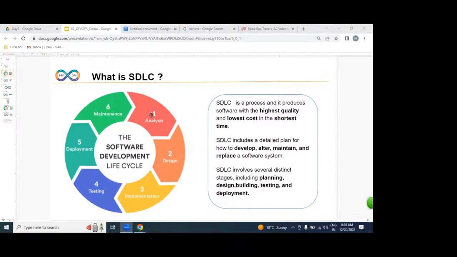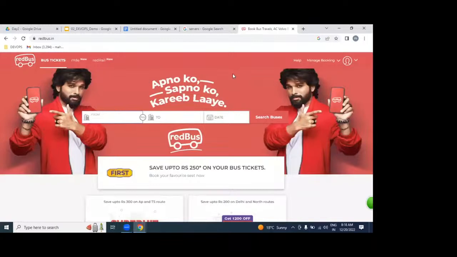Analysis is nothing but what? Gathering information from the client. For example, if you want to construct a house, we need to gather information, right? Iron cost, cement cost, land cost, how much is required. The same way here: it is a travel business. What kind of business is it?